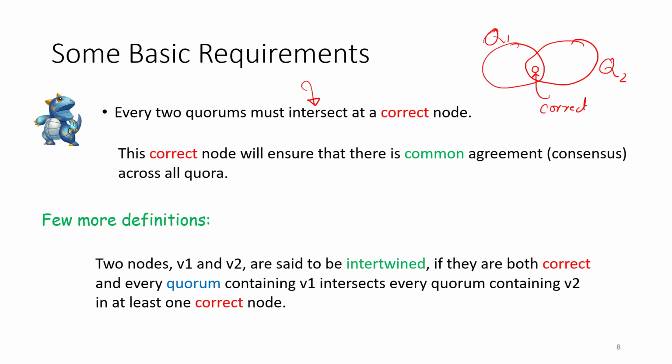So what's the idea? The idea is you take all the quorums in the system, intersect them. The intersection has to be non-null. And furthermore, in the intersection, you need to have a correct node, which means they need to intersect at a correct node. We'll discuss the insights later. But the most important point here is that when you are designing a system, in fact, the trickiest aspect of designing a Stellar network is to basically choose these quorums.